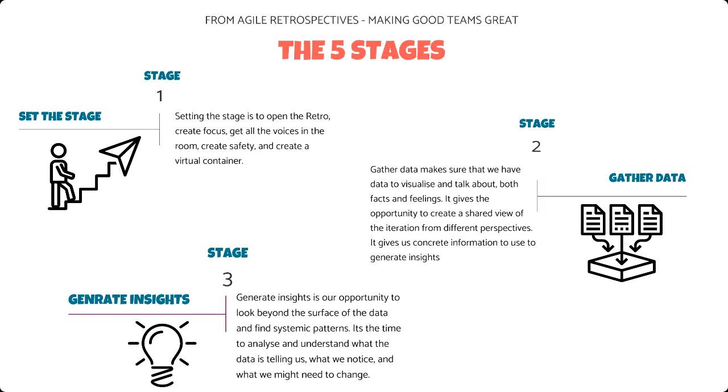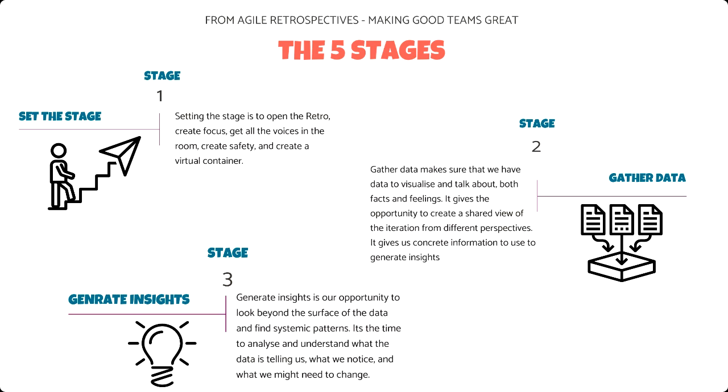So I'm going to share 5 stages with you. The 5 stages of retrospectives come from Agile Retrospectives: Making Good Teams Great. This is actually the 2nd edition of the book. I'm going to give it a shameless plug here because it is a very, very brilliant book, and it's definitely worth investing in as a resource. I still flip through this when I need ideas for new retros, or just to keep things fresh and alive and exciting.